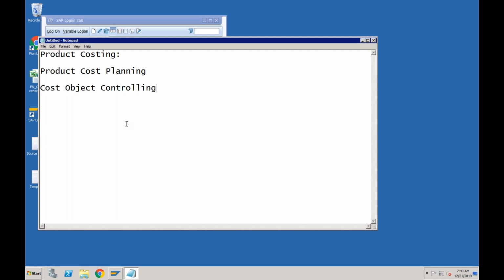Okay, what is the difference between these two? First one is product cost planning. In this one, we are going to plan the price of the product. We are going to plan the cost of the product. What does it mean? It means whenever we are going to manufacture a new material, or maybe the existing material that you always have, it is very important to know the cost of that particular product which we need to manufacture,